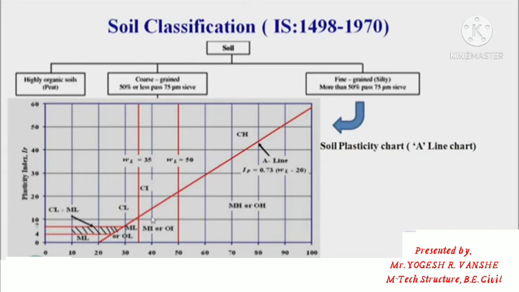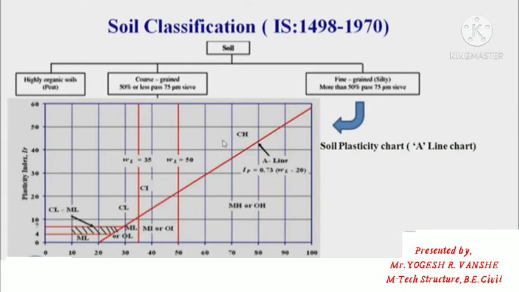This is called a plasticity chart. In the plasticity chart, we see that on the x-axis the liquid limit is plotted, on the y-axis the plasticity index, and we have certain lines plotted here. This inclined line is called the A line, which has the equation given here. Apart from this line, we have two vertical lines, one at liquid limit 35 and another at liquid limit 50. And we have the hatched zone here for plasticity index 4 and 7. In between this, we have the hatched portion. These lines divide this area into a number of segments.